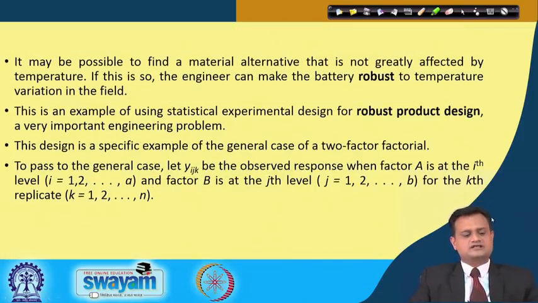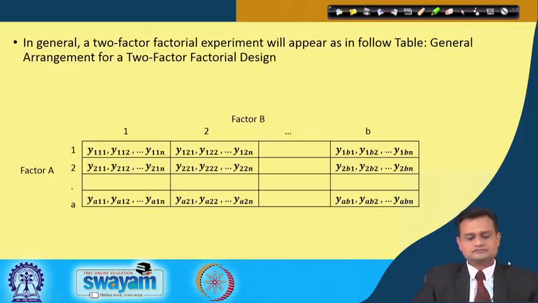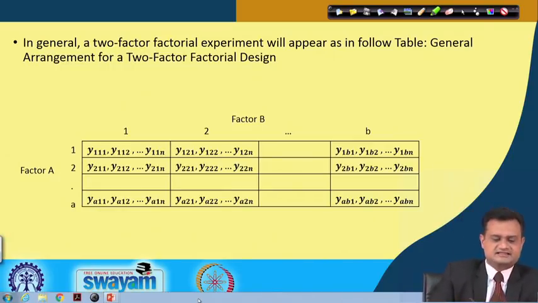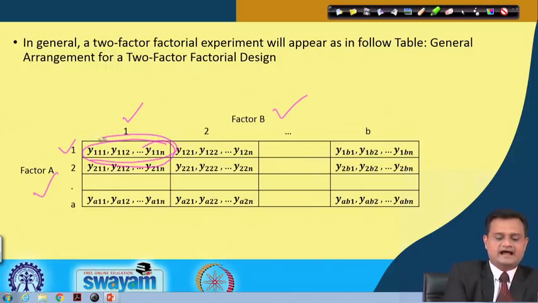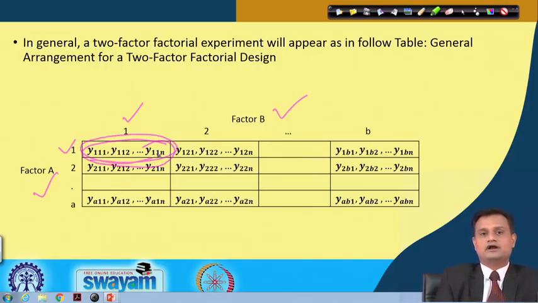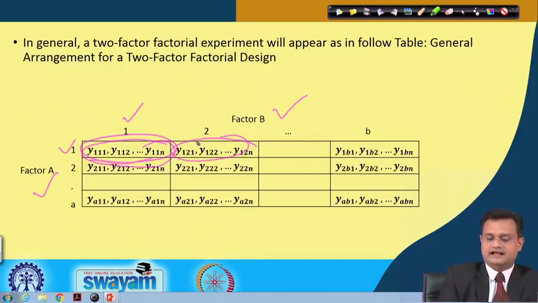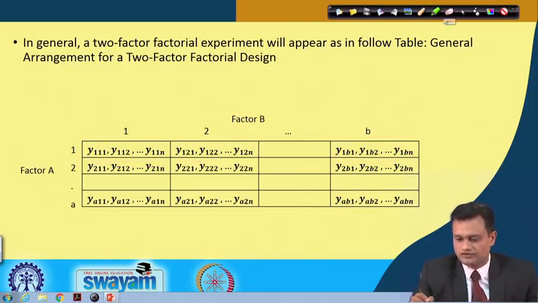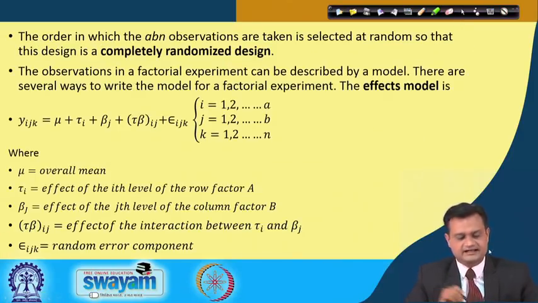So now let us try to appreciate the basic structure of the problem. My structure is like this. You can see that I have some readings in a particular cell, with factor A and factor B, and I am taking Yijk reading for each particular cell. This is how my data is organized. We will see the example, it would be clearer.